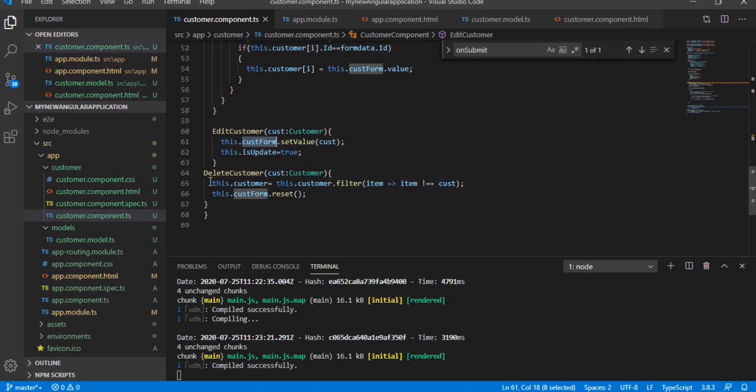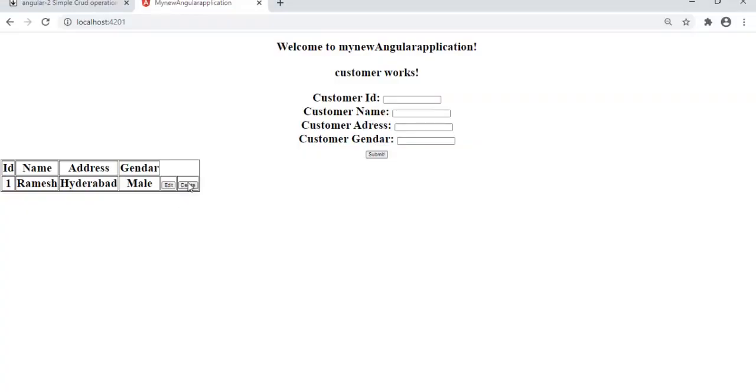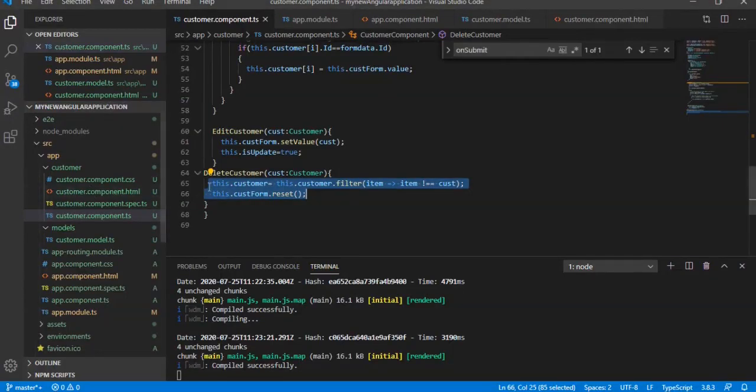So I am clicking delete, right? In the customer array, we have three rows. For example, when I click delete, I skip the current row and bind the remaining information. That is the logic of the delete. I'm not interacting with the database anymore. I've just taken a customer class and customer list, and I'm performing all the operations.